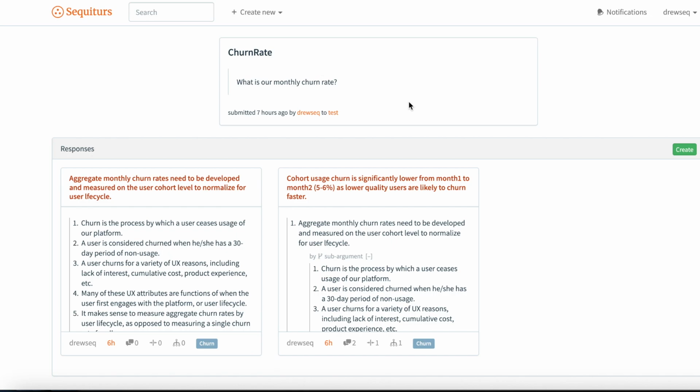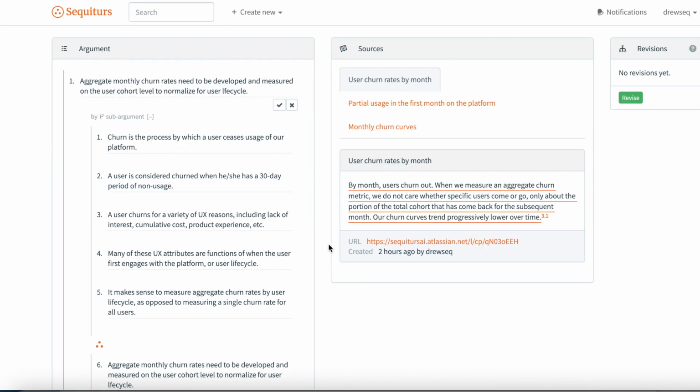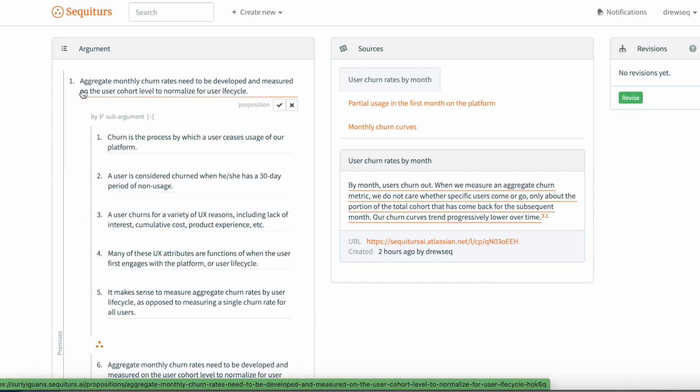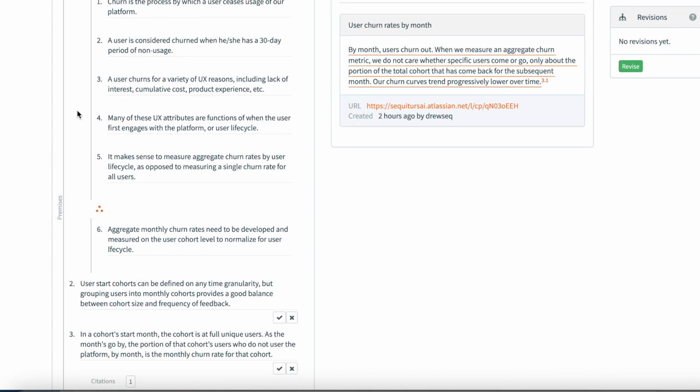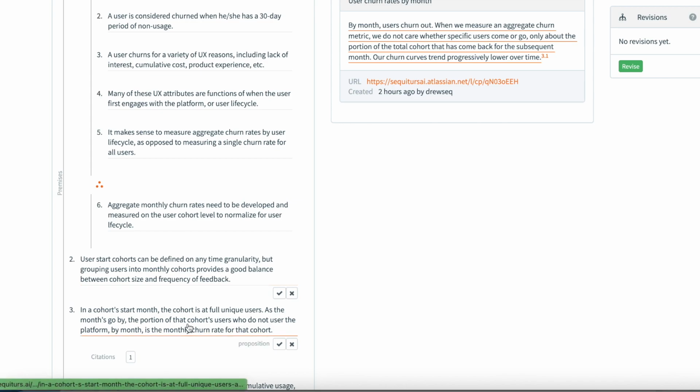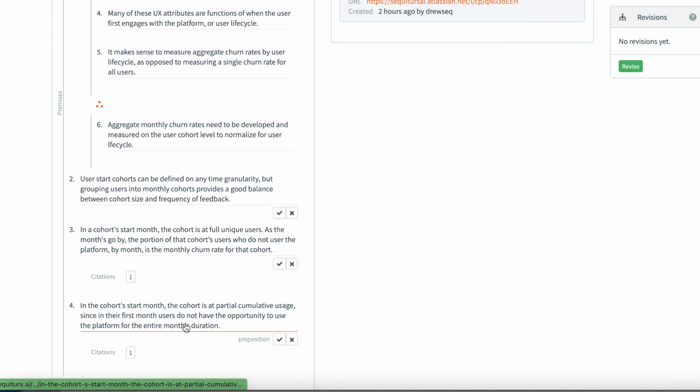So, of course, the next step is to do the analysis. And the last step is to share the analysis. Now, we're going to share the analysis in sequiturs.ai. We'll start by including the initial pre-thinking we did on the topic as a sub-argument. So here we're starting where we left off, and then we'll go step by step through our analysis, the consideration